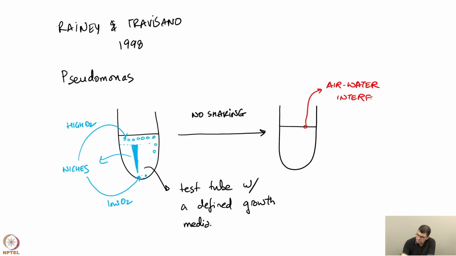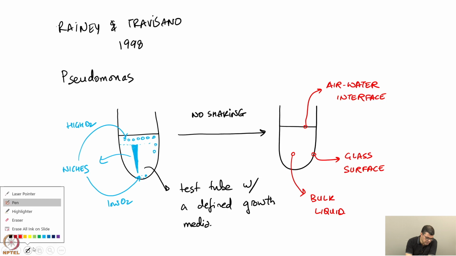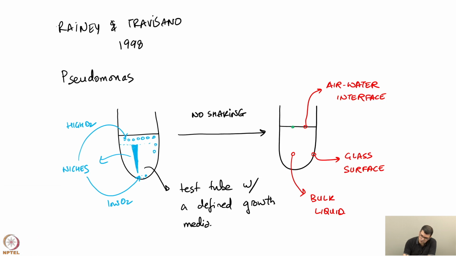The second one is the glass surface, and the third one is bulk liquid. And starting with a population of isogenic Pseudomonas, if we propagate the population like this by just letting it sit and no shaking, very soon what we find is that the bacteria that occupy these three niches are genetically not